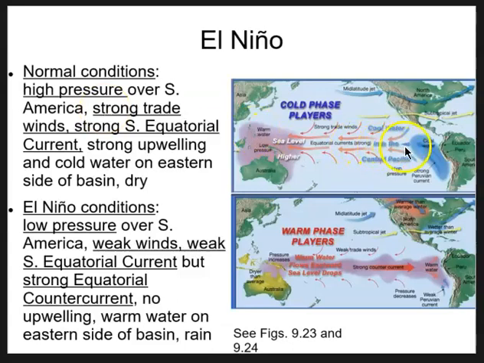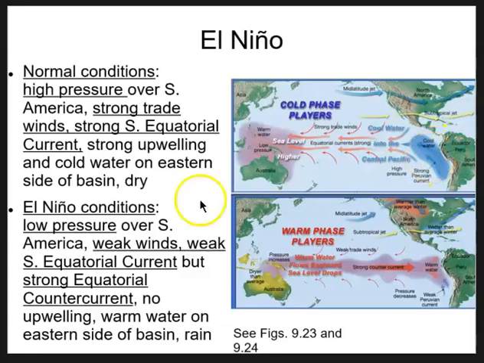Just to remind you, the equatorial current, both the north and the south, are moving from the east towards the west. That's the normal direction that the water along the equator is normally moving. So this results then in really strong upwelling along the west coast of South America, which leads to pretty productive